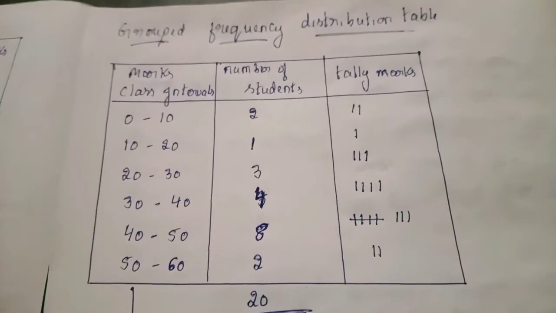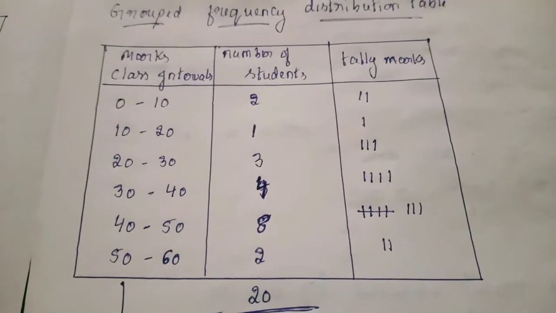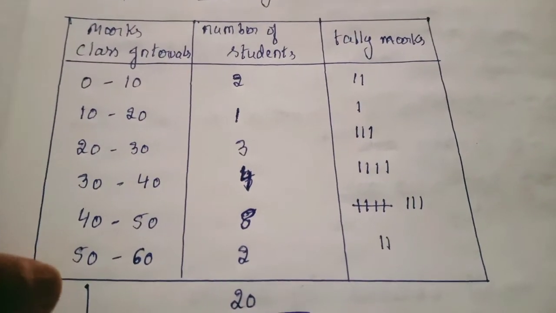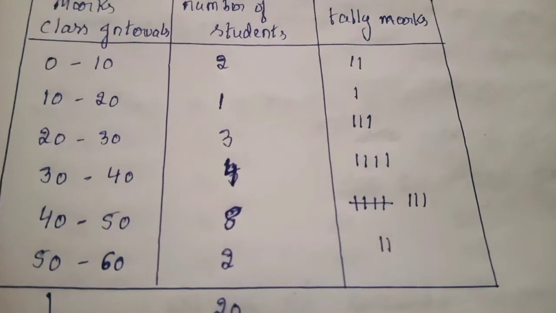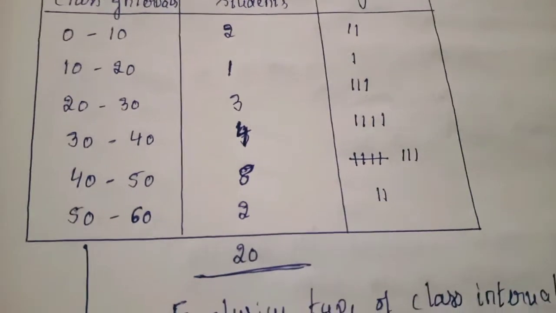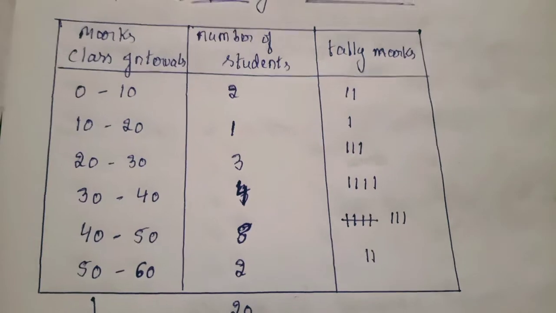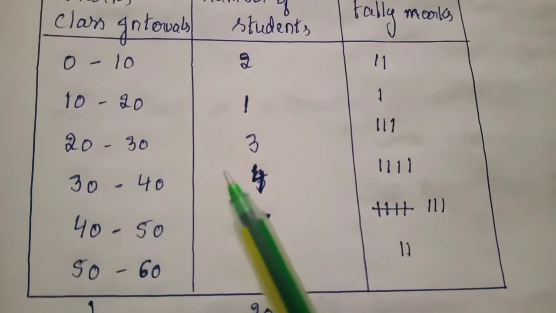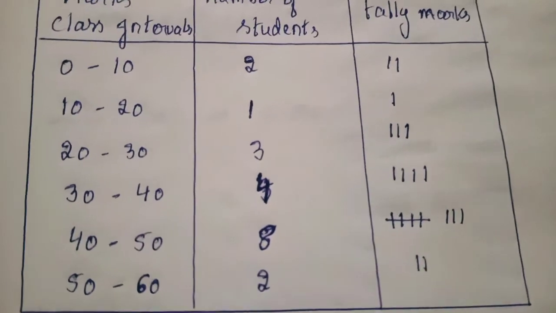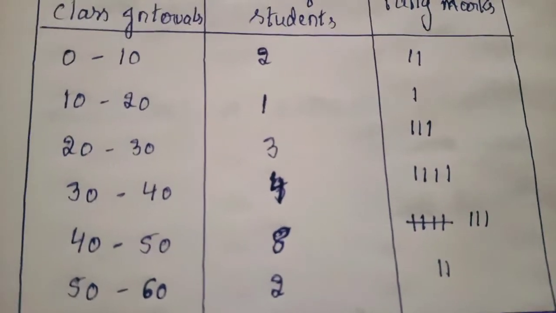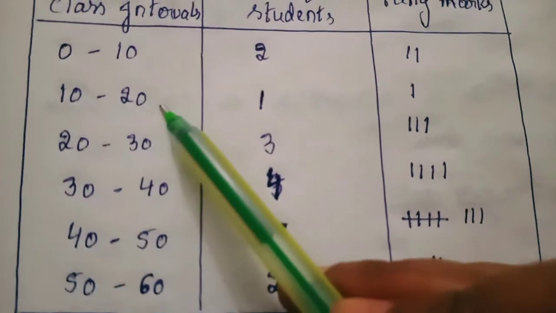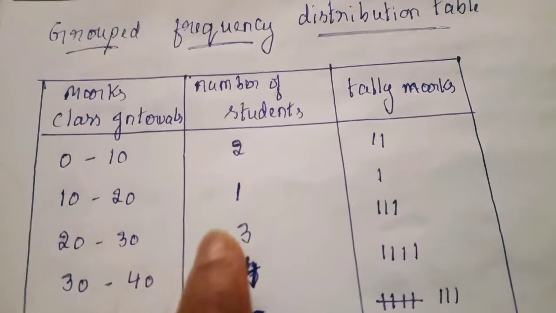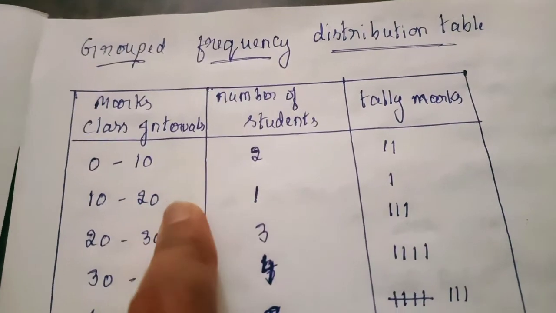And just now I mentioned the class size. It means when you make class intervals, the number of observations in each group should be the same. That is called class size. Then how to find the class size? Just concentrate. You can see here 20, and subtract 20 minus 10. 20 minus 10 is what? 10. 20 minus 10 is 10.